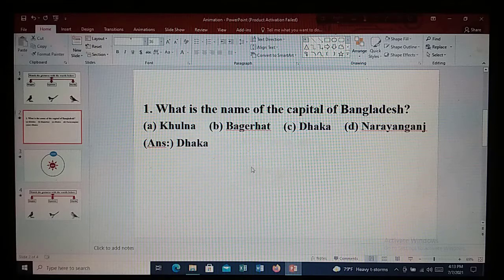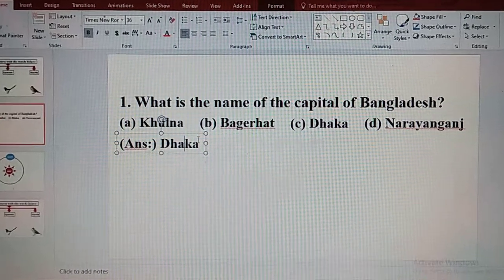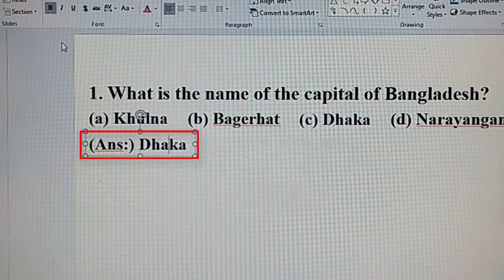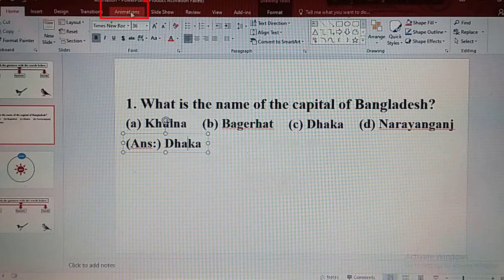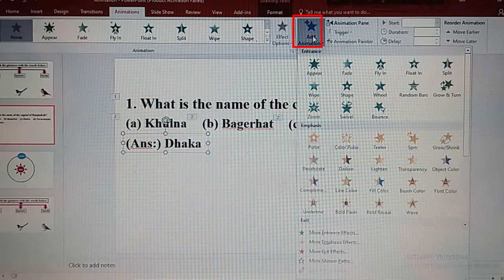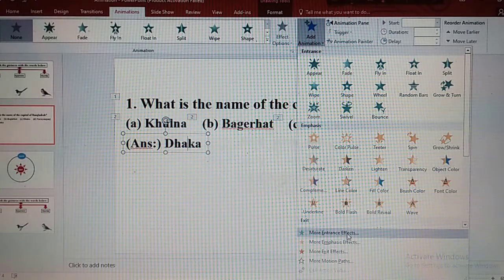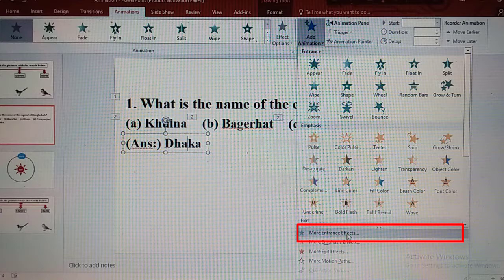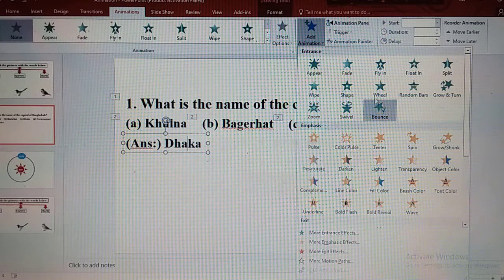Dear teachers, if you want to add sound with the animation, click on the text box. Next, go to the menu bar and click on animations. Next, click on add animation. Next, click on more entrance effects or any other animation from here.